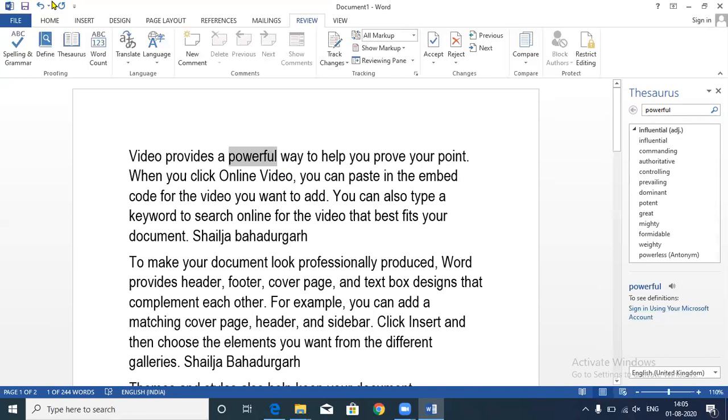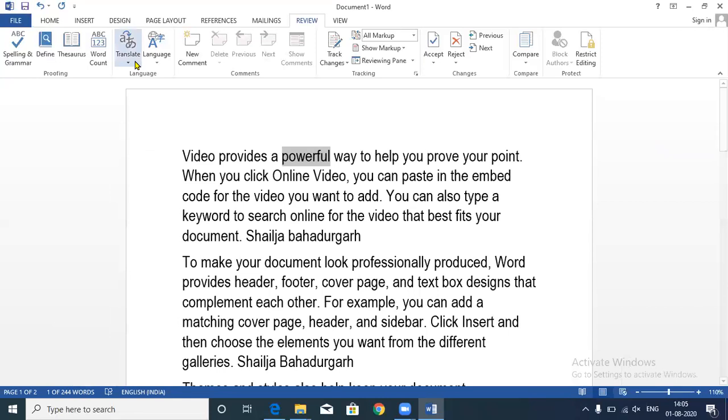Fine. So same way, the next option we do have is this word count option. Generally, you will have here in the status bar, you will have word count over here. Okay, one of 244 words. Like how many total words are 244? For example, you wanted to count this paragraph's words only, so it is showing here 49 of 244 words. Means total words are 49.